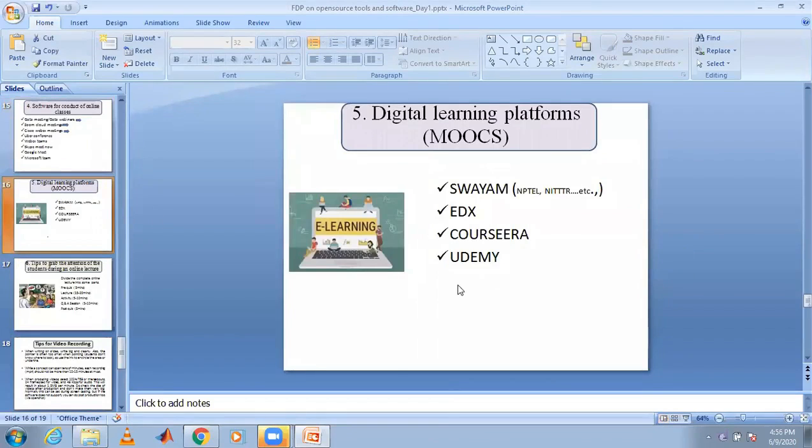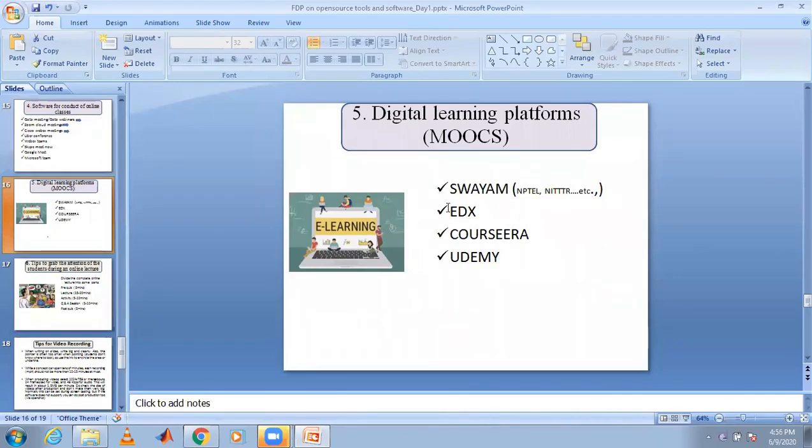Digital learning platforms. These are for students as well as for faculty members. For self-paced learning, you can use these platforms: Swayam, edX, Coursera, Udemy. Some are free courses. Some you have to pay to register for a certificate.